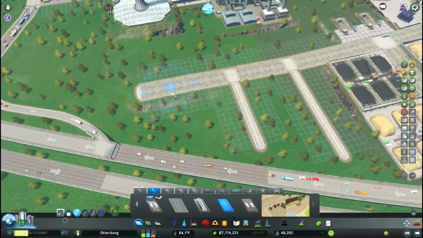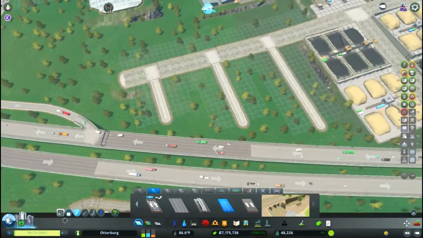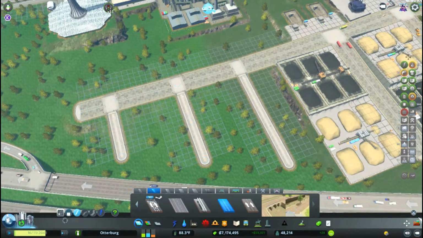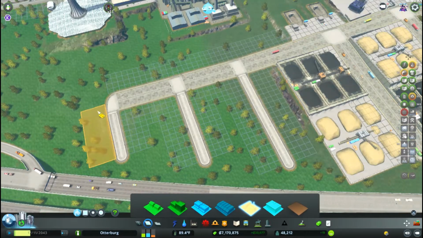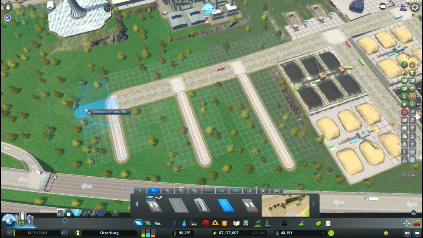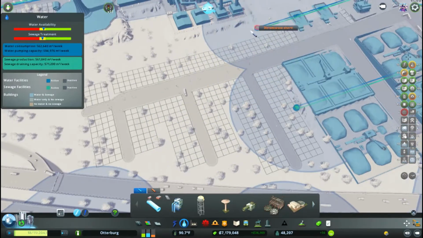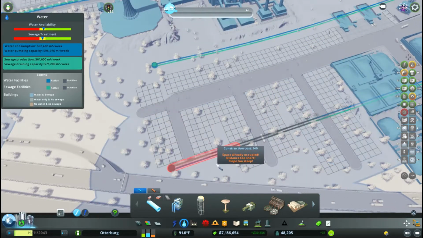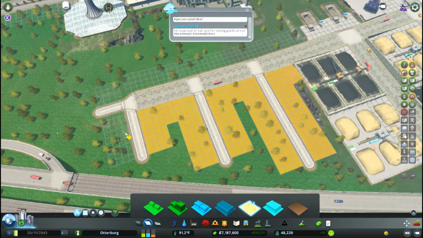So I can just make a little sawtooth pattern here. There we go. So we've got this area now, which I can get rid of that too. Except now it's not zoned. There, whatever. We can put water down. Now we can zone this,